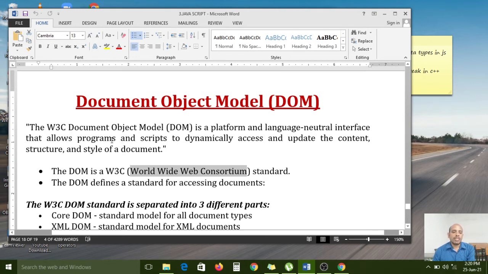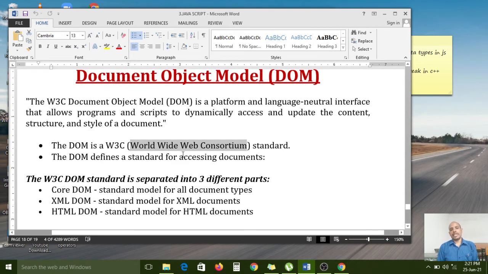Programs can also be run using HTML, and a program is also run using the document object model. Scripts can also dynamically access and update the content, structure, and style of the document in the document object model. So if you want to do any designing or apply any styles, for your designing purpose, after designing is over, the program executes in the browser window, which is nothing but a document object model. It supports executing the programs.